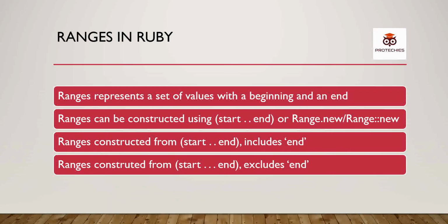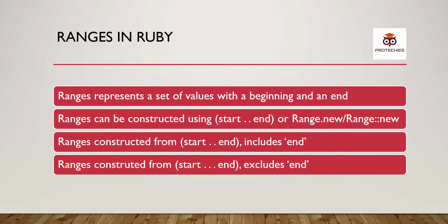In today's video, we are going to understand about the ranges in Ruby. A range represents a set of values. You can also convert them into an array to make it meaningful code. So ranges represent a set of values which have some beginning or end value. The start value can be an integer or float or anything, or you can also make it a character of A, B, C, D. And ranges can be constructed using this syntax or using the Range.new method.